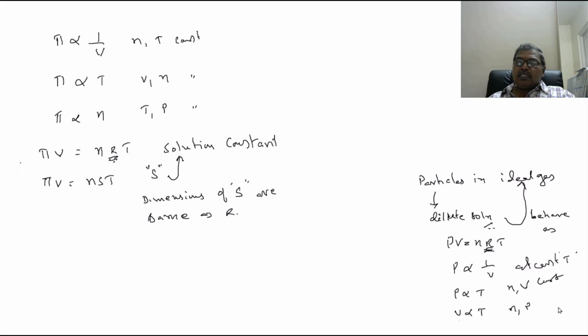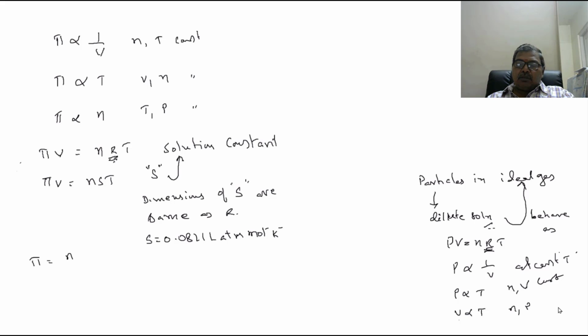But for us it is important because temperature is measured in Kelvin, volume of solution is expressed in liters, and osmotic pressure in the laboratory is measured in atmospheres. So therefore generally we use S equal to 0.0821 liter atmosphere per mole per Kelvin. Right? Okay.